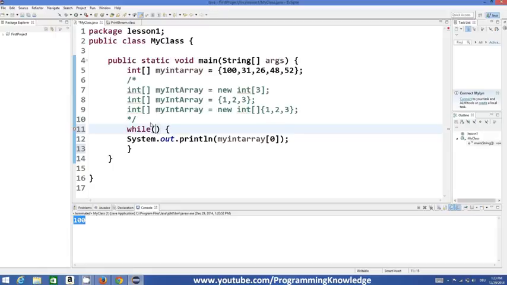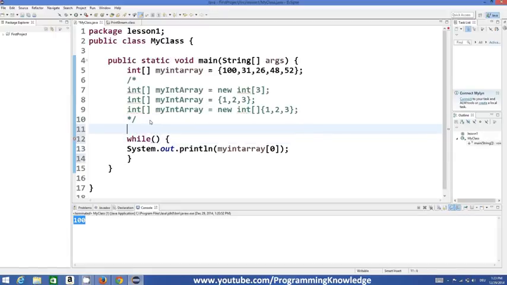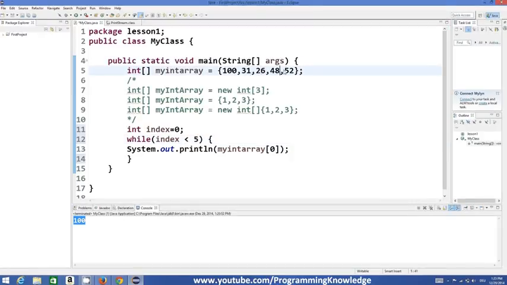For example, I declare one more variable, int i equal to 0, which will be the index, or let's name it index of the array. And if index is less than 5,